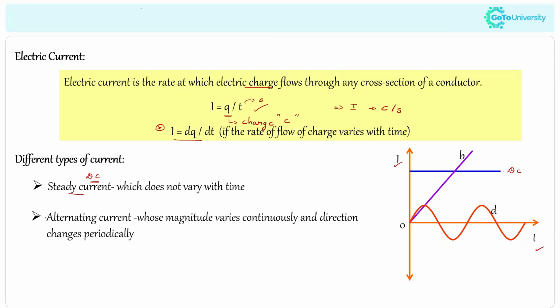The next important type of current is alternating current. Alternating current is nothing but the current which changes its magnitude with respect to the time and its direction as well. Or else we can say the current changes alternately with respect to the time. Usually we show the alternating current as a sinusoidal wave. You have to know these types of current when you are going for the NEET and your CBSE board exam.